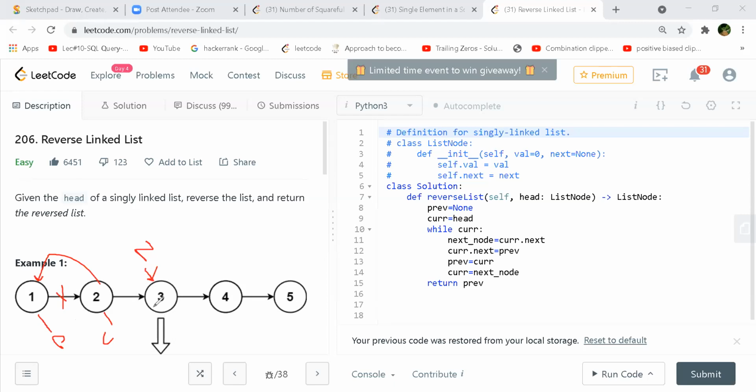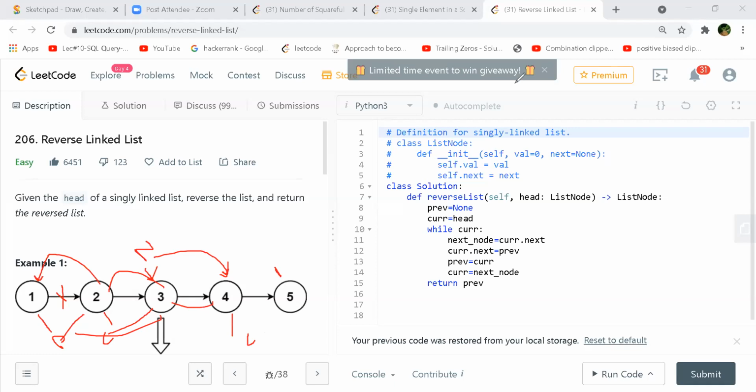And then again, same thing. Whenever current pointer is somewhere, the next node will hold the node before current moves. So that this will hold. And 2 will be pointing to? Previous will point to current. Previous will point to 2, current will go to 3 and next node will be at 4. And in the next iteration, next node will come here, and previous will go here and current will go here.